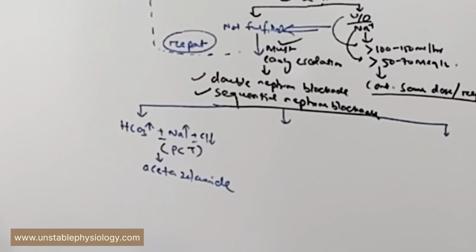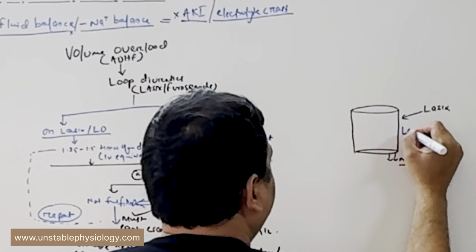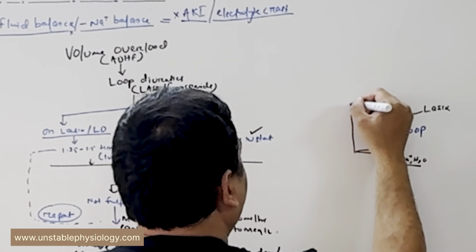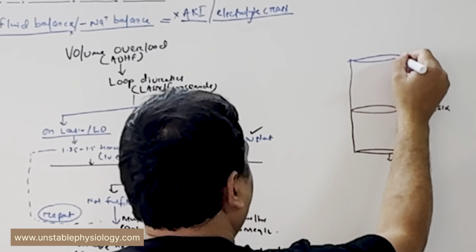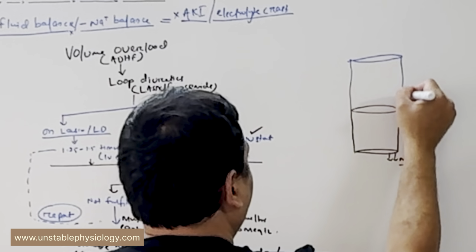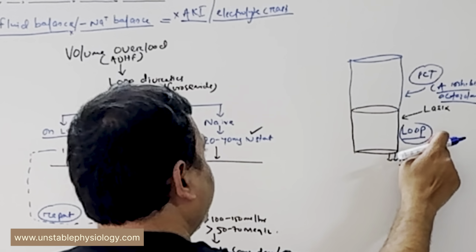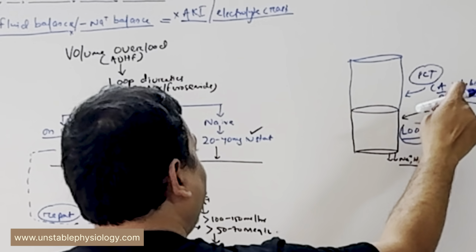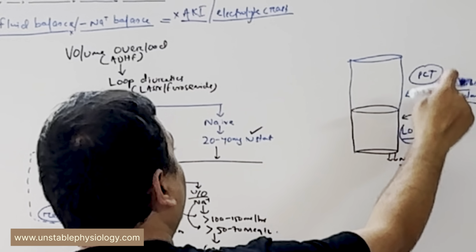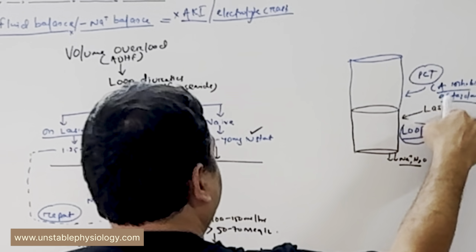Coming to our figure here, this is the loop area and on top of it lies the proximal convoluted tubule. This is the PCT. A carbonic anhydrase inhibitor, acetazolamide. So we are giving the loop diuretic, it failed, we can repeat it, but at the same time, if the bicarbonate is high, sodium is high, you have to add a PCT blocker, that is a CA inhibitor,